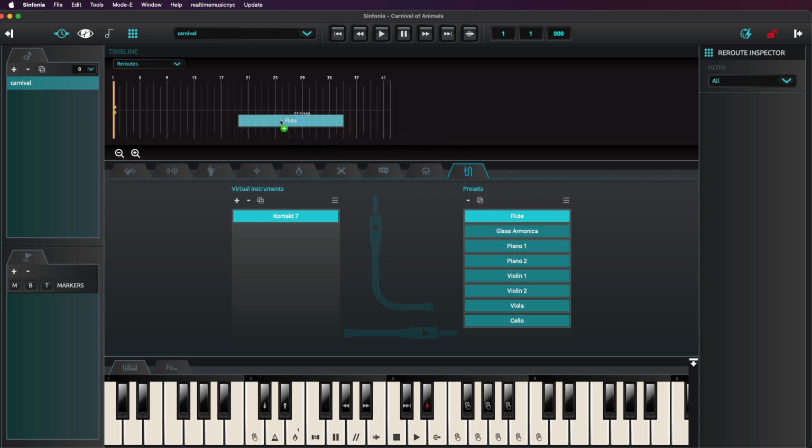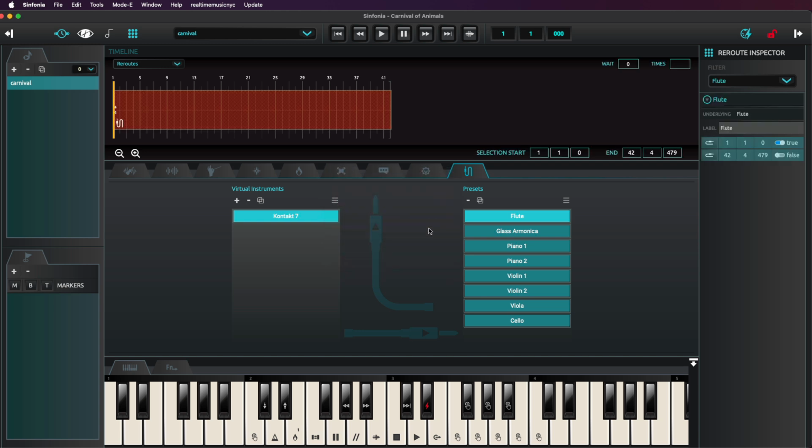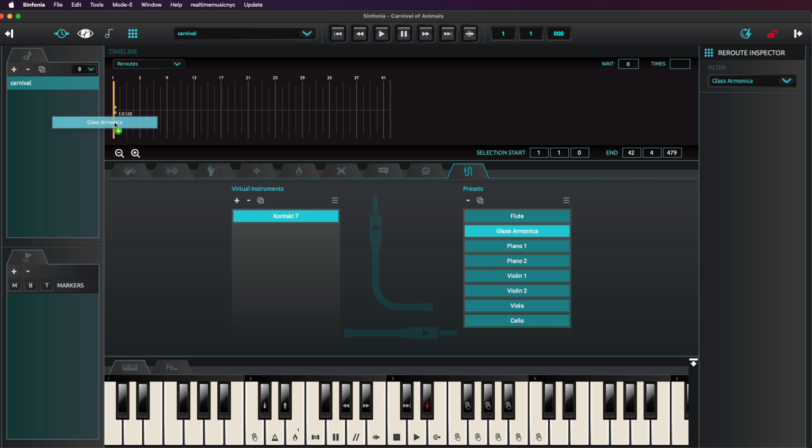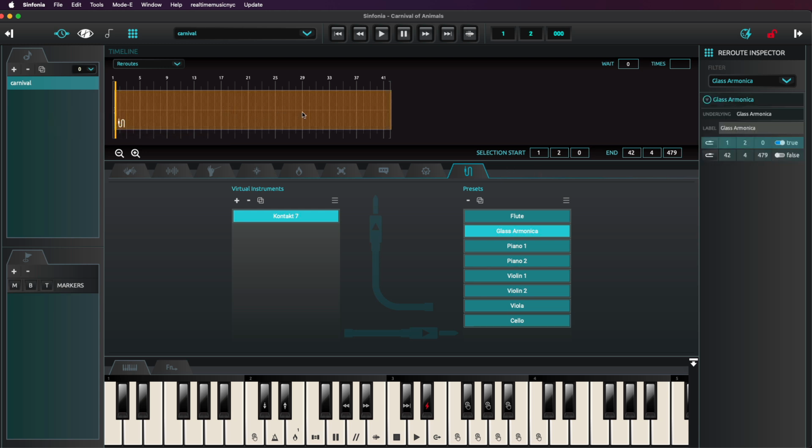So I'm going to take this flute and I'm going to drop it into the timeline right at the front of the song. It's going to ask me what track I want to drop it onto. We want to drop it onto the flute part. Click OK. Now we'll need to change this drop-down filter, because right now we're viewing the flute and we don't want to change the flute anymore. I'm going to move to the glass harmonica. Okay, as you can see, when I drop this in, I wanted it at measure 1, beat 1, but it went to measure 1, beat 2. This is something we're going to be revamping in the future, but for the moment, I can just edit it here in the inspector. And we'll move on now to piano 1,